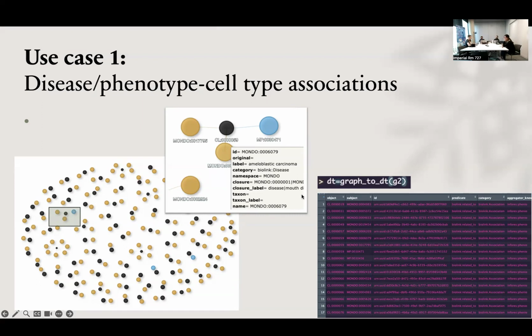In this case, I filtered it down so that the object was the cell type and the subject was a disease or a phenotype. And for this project, we filtered down the subject to just phenotypes that were within the human phenotype ontology, and then got all of those cell type phenotype associations